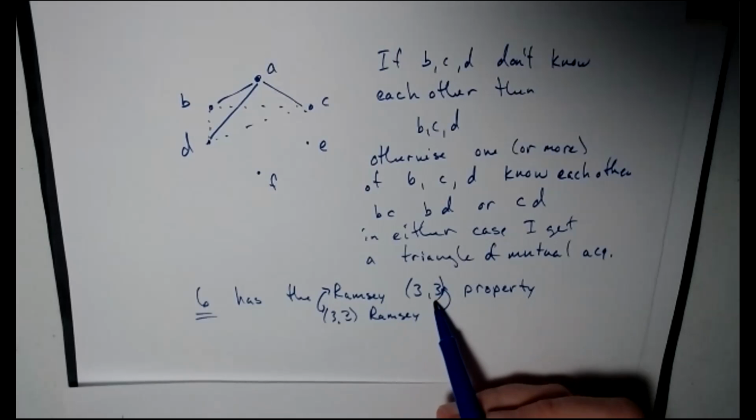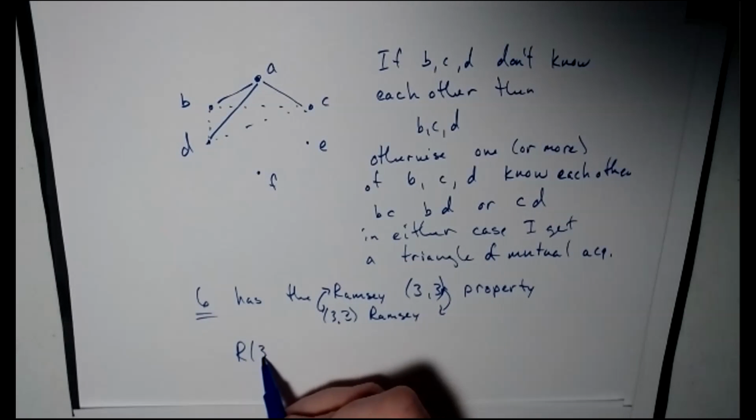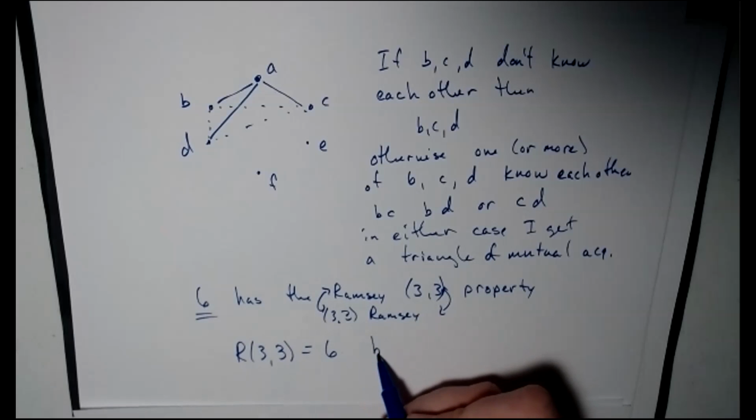We have, this is a symmetric Ramsey number because I chose the same 3 for 3 are mutually acquainted or 3 have never met. There is a number of people that would guarantee me that either 3 are mutually acquainted or 4 have never met, and so on. 6 turns out to be the Ramsey 3-3 number. I'm going to make this claim right now. So we say the Ramsey 3-3 number is 6 because